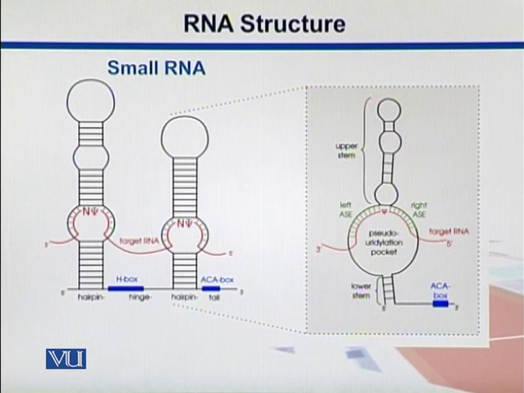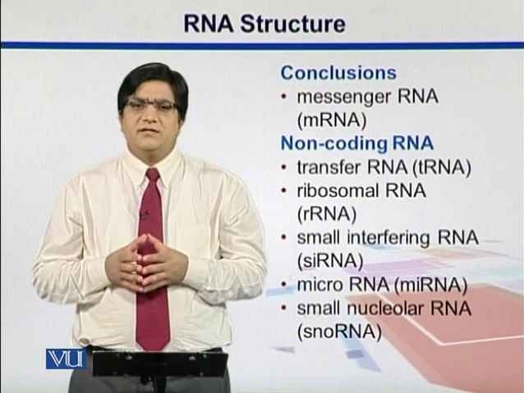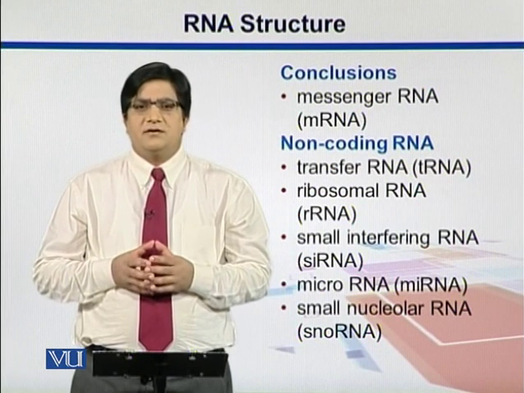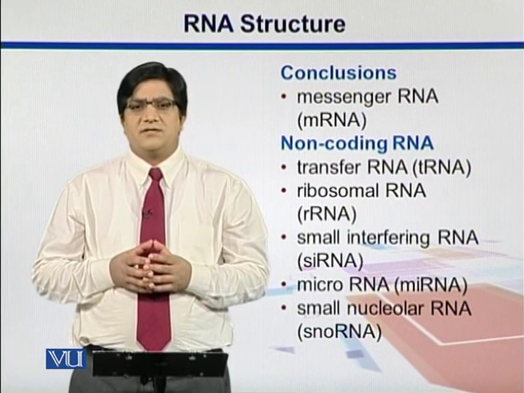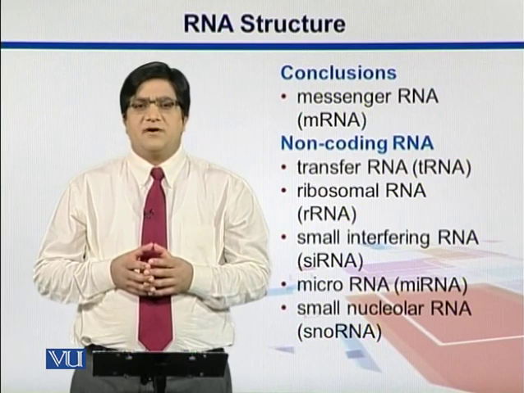Another example is one of the small RNAs, snoRNAs, small nucleolar RNAs. They take their target RNA into their own loops. These loops are their secondary structures, and they do some processing where they might process that target RNA. In this way they play a role in some gene regulation. So we have briefly described different kinds of RNA, seen their important functions, and the importance of these secondary structures while performing those functions.